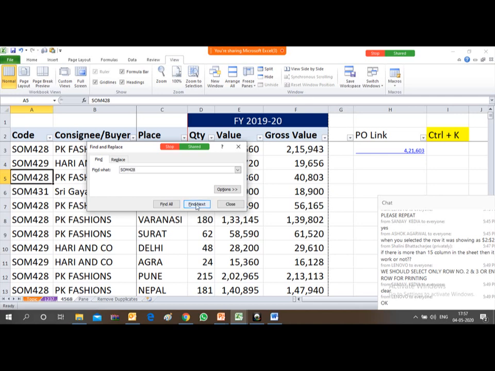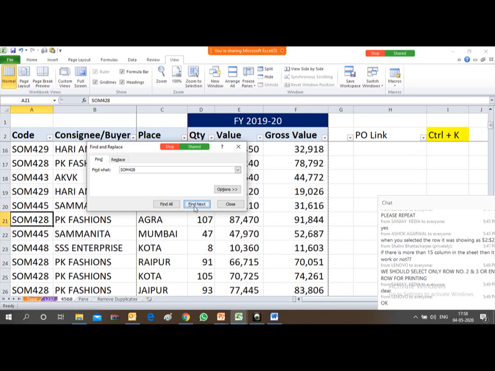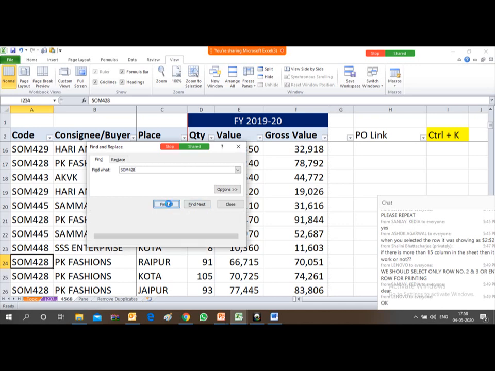So I have two options available. I can find one by one, or I can find all at once. If I find one by one, I have to keep pressing find next. The cursor will move to the next code wherever it is appearing. Now if I want to find all at a time, you can press find all.